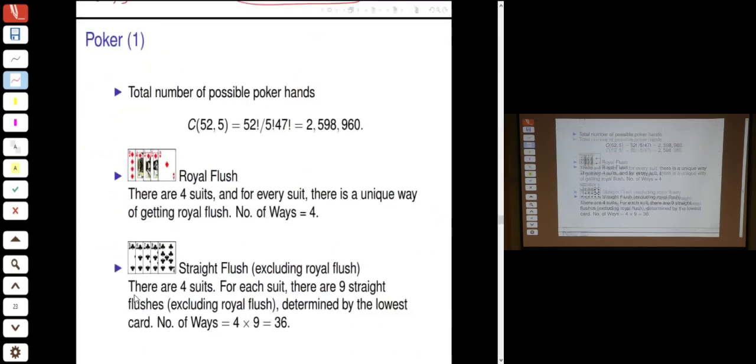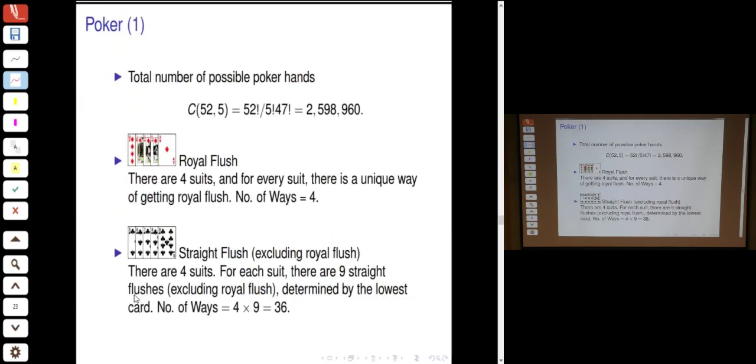Okay. So let us now go on to the game of poker. The game of poker is a very popular card game, and in counting problems as well as in probability, which we will see in the coming weeks, card games are very important. So what is very important is to count the number of ways of choosing different configurations of cards from a deck of 52 cards. Okay? So the first thing that you need to know,